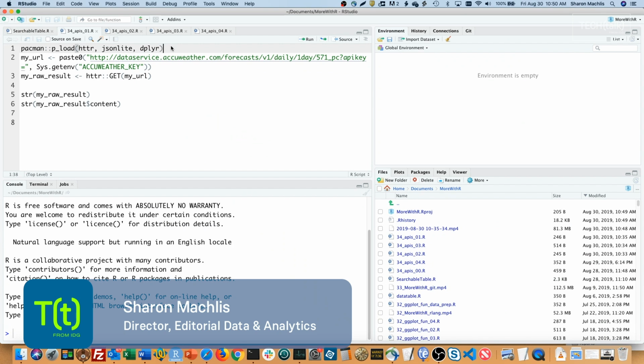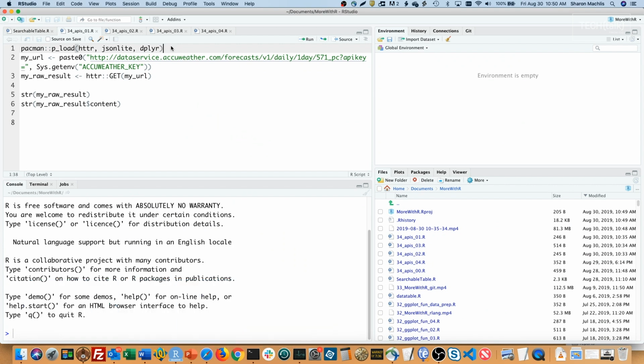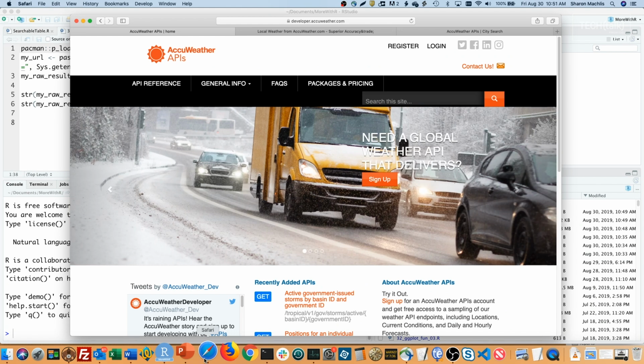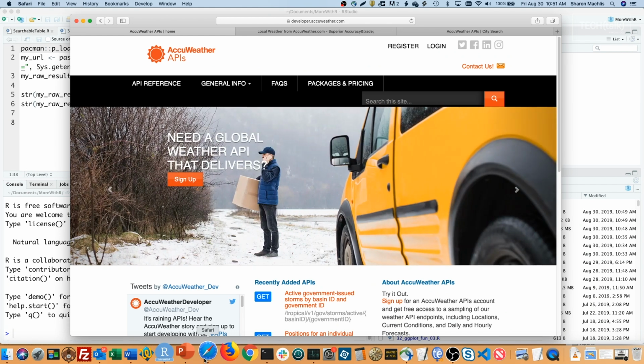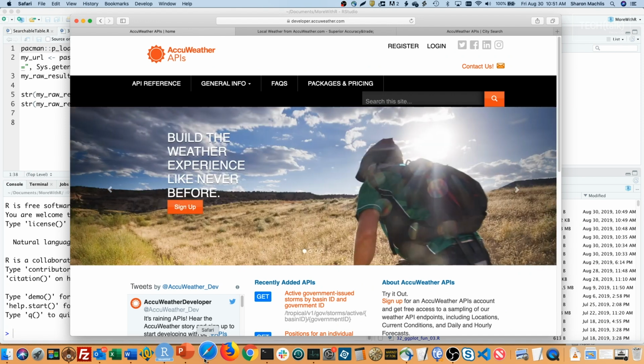There are a lot of great R packages that let you import from an API with a single function, but sometimes an API doesn't have its own package. Good news is, it's easy to code your own. I'll demo this with the AccuWeather API. But the process and code I'll show will work for most other APIs that use a key for authentication.